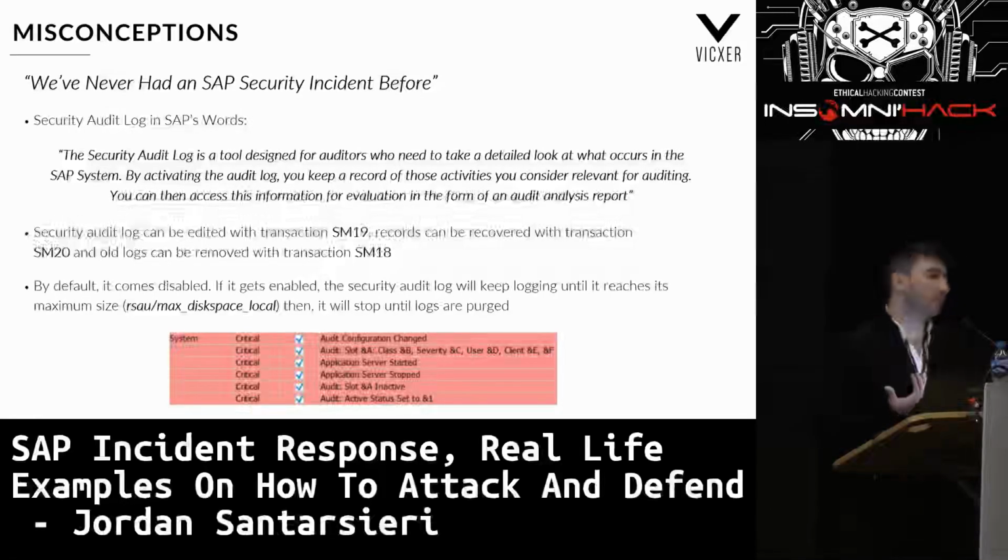How are you going to interact with the security audit log? Well, you have different ways. First of all, in order to activate this, you need to modify a profile parameter. In SAP, every time that you do that, for most of them, you need to restart the SAP system for the changes to take effect. Once you do that, you are ready to start configuring the security audit log with transaction SM19, where you are going to choose all the events that you want to capture. For example, failed logon attempts, successful attempts, if a user gets logged, etc. And then from transaction SM20, you are going to be reviewing the logs.